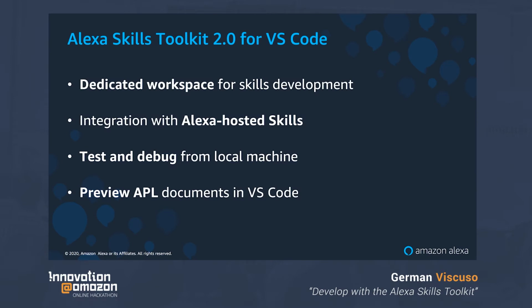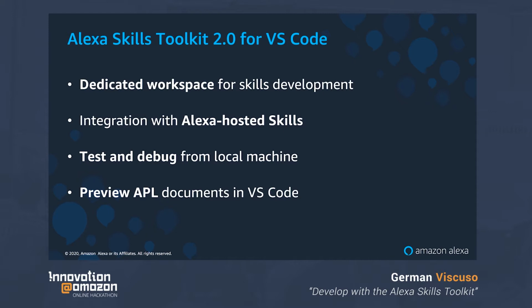First, let's start with the one prerequisite that you need to follow this session, the Visual Studio Code IDE. I'm assuming you have installed it already, otherwise you should head to code.visualstudio.com and install it. So how do we enable the IDE for Alexa skill development? And the answer is simple, you just need to install our extension, the Alexa Skills Toolkit for VS Code, now